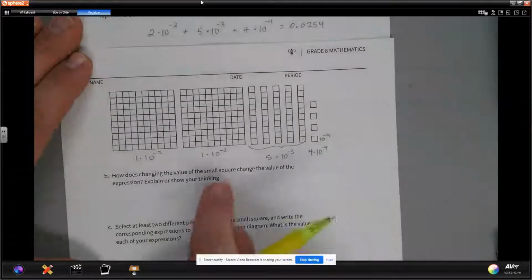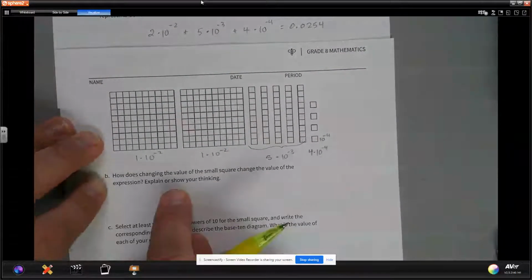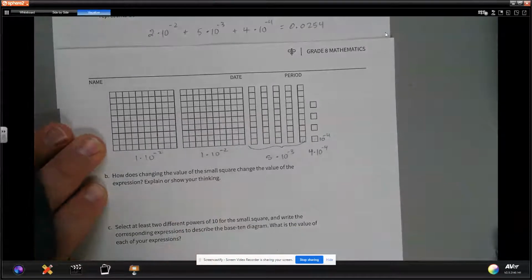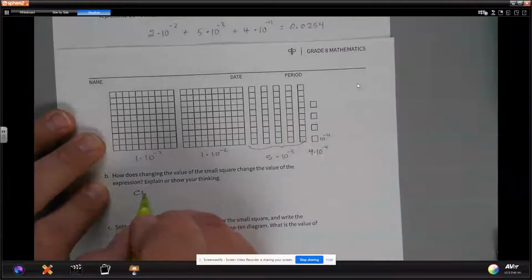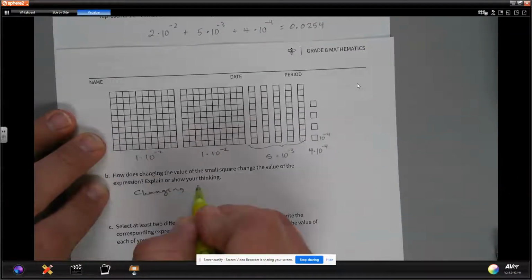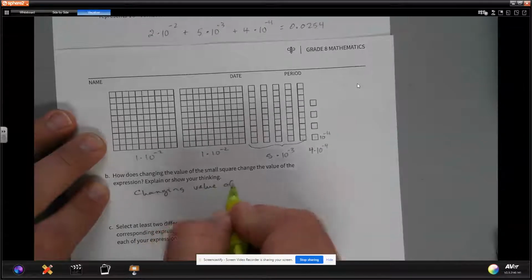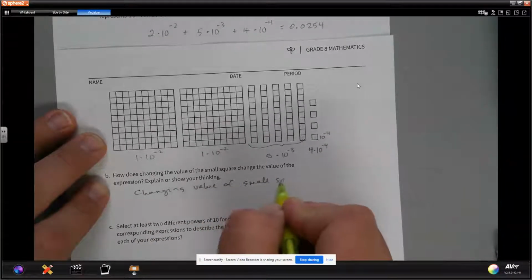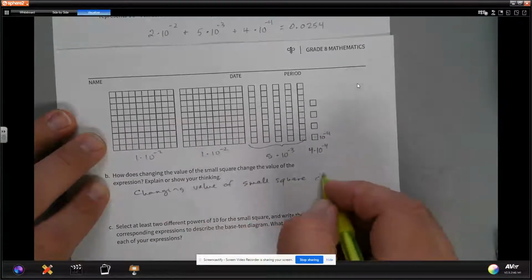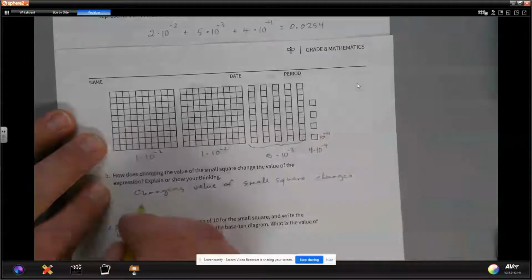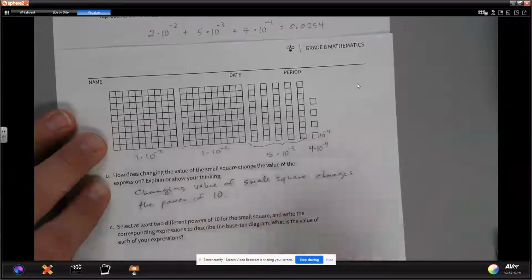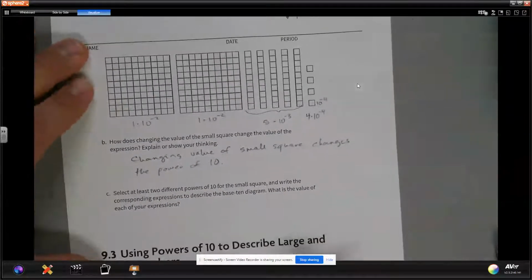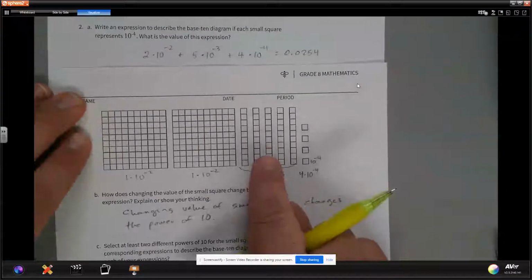So how does the changing of the small square change the value of the expression? Explain or show your thinking. Well, when we change the value of the small square, it changes the power of 10. When we look at that, if we talk about that long rectangle, if it has an